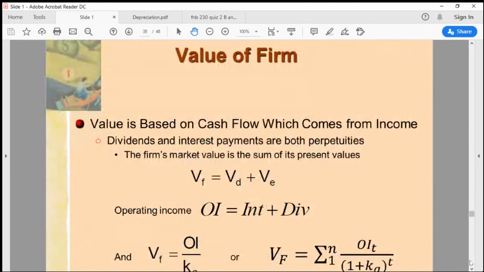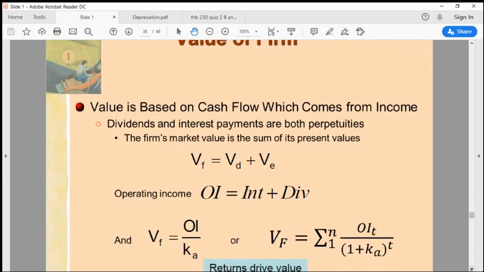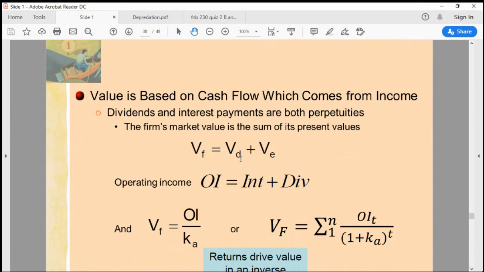So now the value of the firm is basically the market value of debt plus the market value of equity. Of course, it's actually the intrinsic value of the debt and the intrinsic value of the equity, and that's the intrinsic value of the firm. But as I said, in the long run you would have an equilibrium, and in the long run equilibrium, the market value would be exactly equal to the intrinsic value. So you can also call them